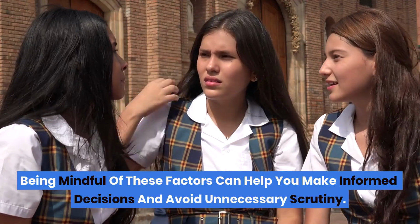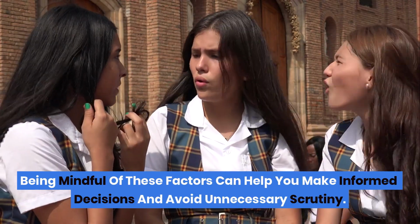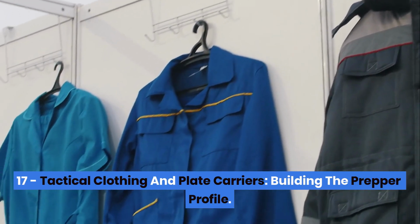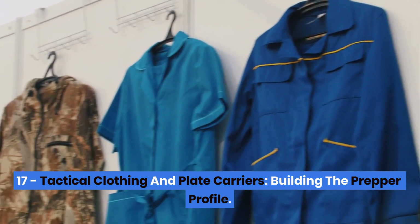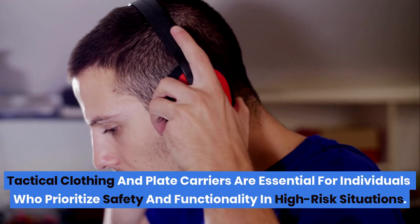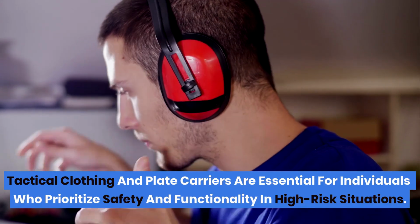Being mindful of these factors can help you make informed decisions and avoid unnecessary scrutiny. 17. Tactical clothing and plate carriers. Building the prepper profile. Tactical clothing and plate carriers are essential for individuals who prioritize safety and functionality in high-risk